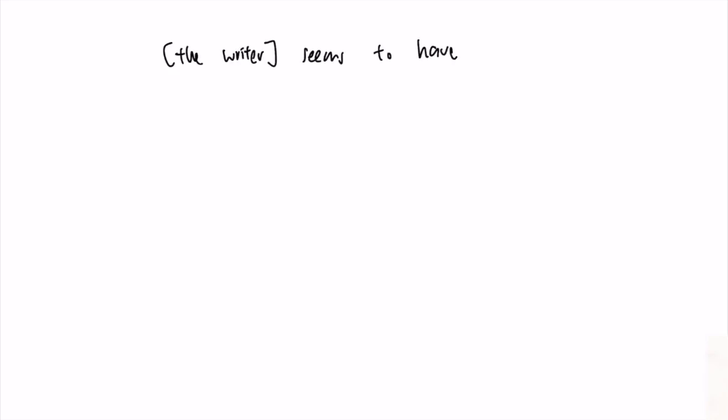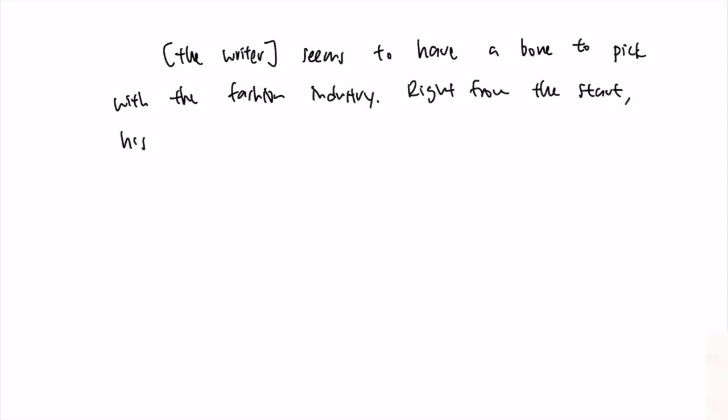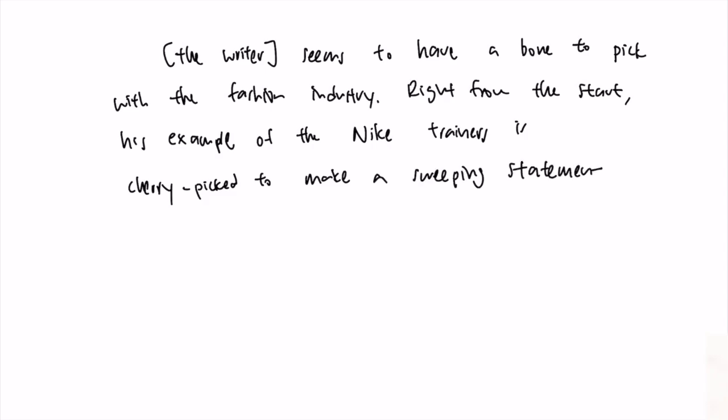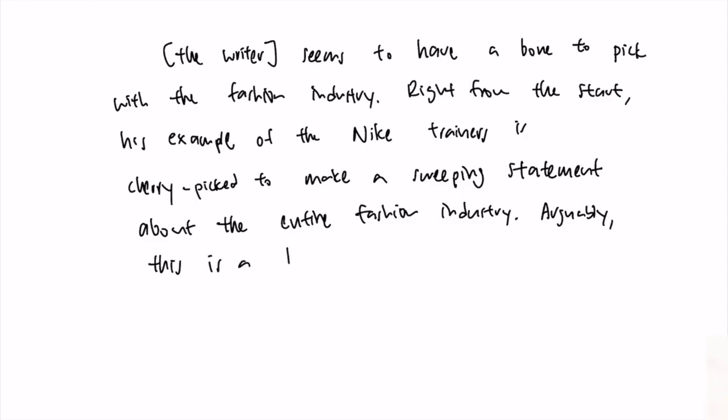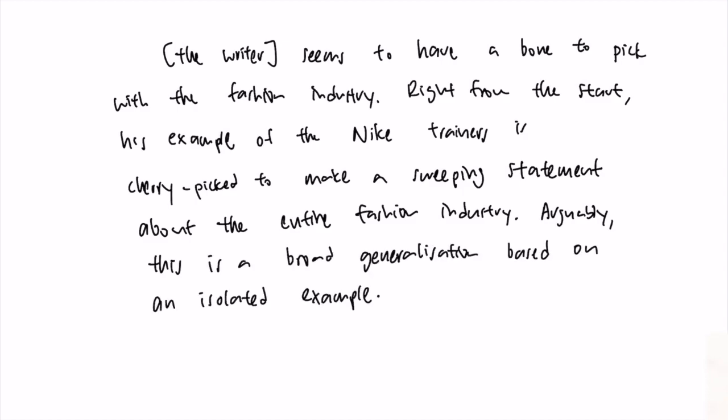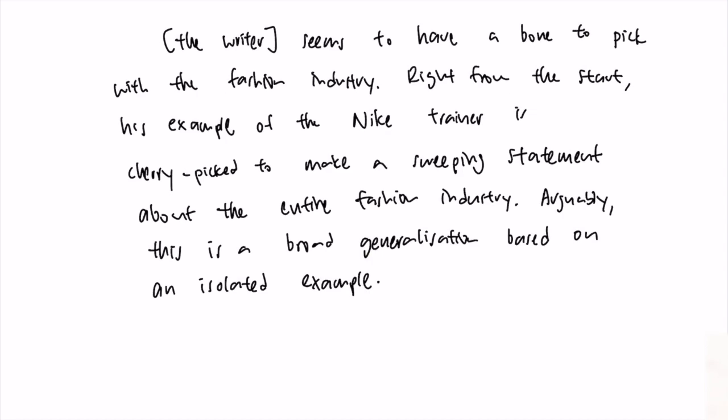The writer seems to have a bone to pick with the fashion industry. Right from the start, his sole example of the Nike trainers is cherry-picked to make a sweeping statement about the entire fashion industry. Arguably, this is a broad generalization based on an isolated example. So, how are we evaluating logic in this sentence? Can you notice that we use the terms bone to pick, cherry-picked, sweeping statement, and broad generalization based on an